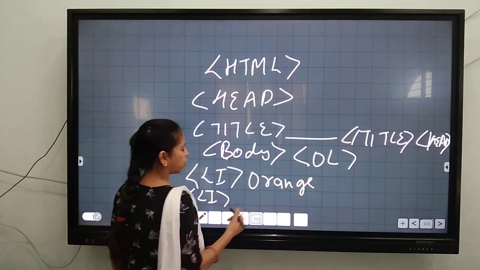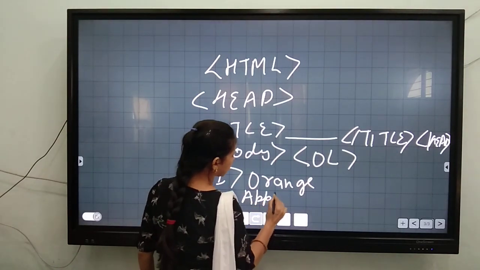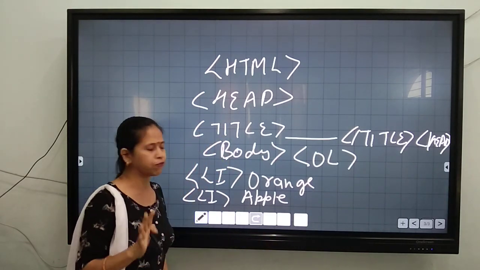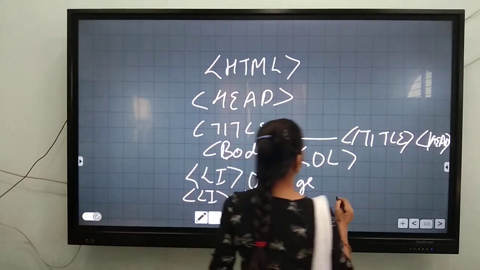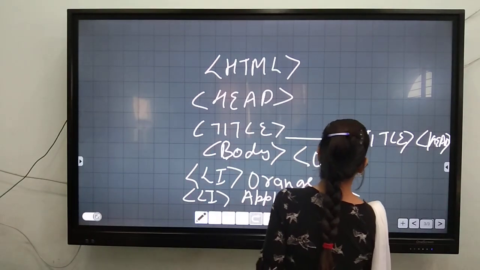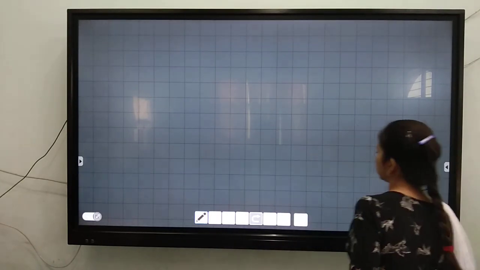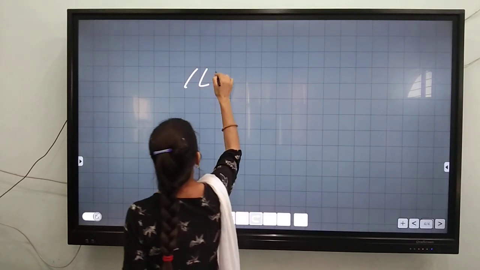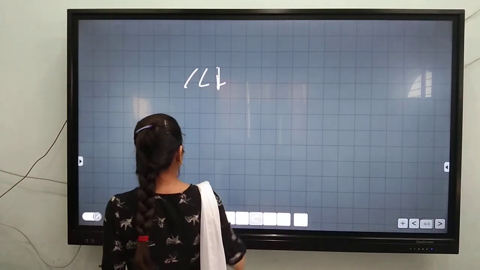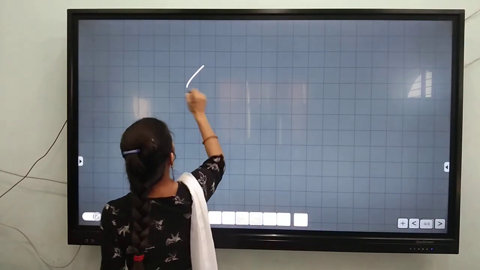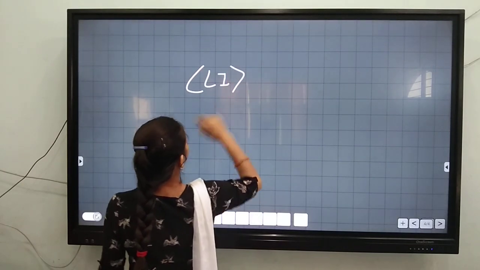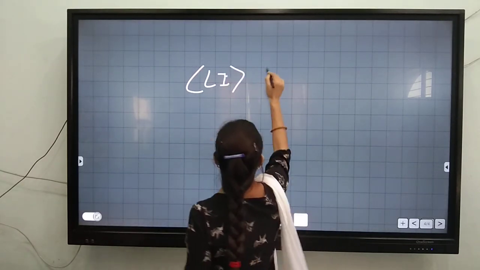After the li and orange, we will write the second, because we need to write the 5 fruits names. The next li is banana, and the next li, the next li we will write grapes.